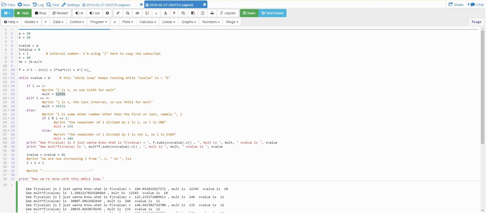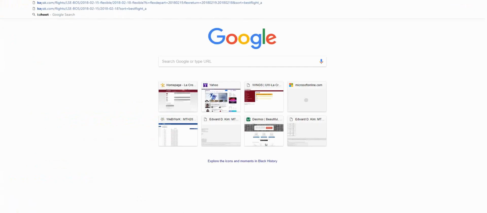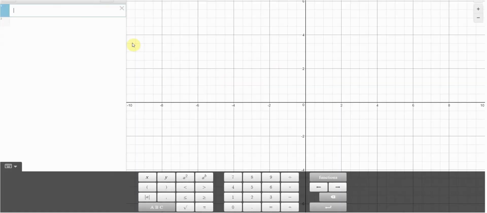Be sure to go to desmos.com, and in Desmos, if you